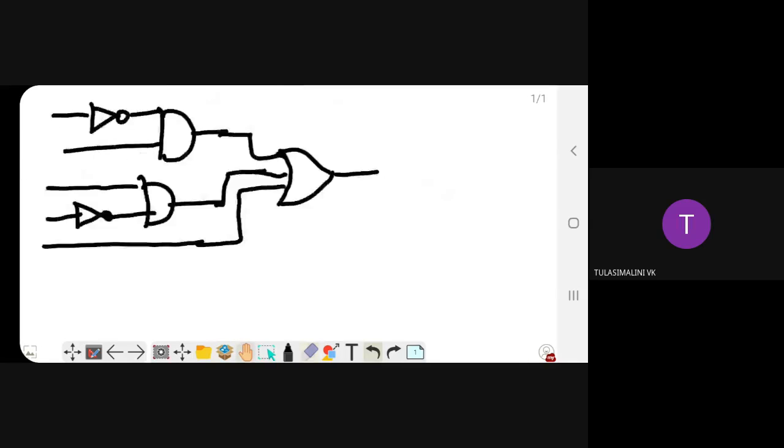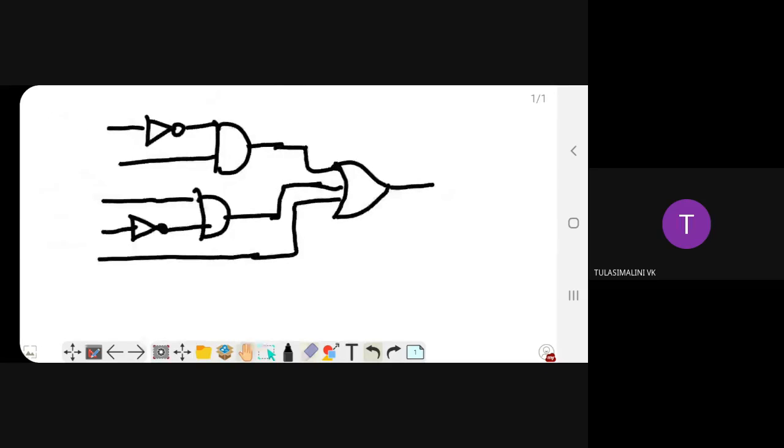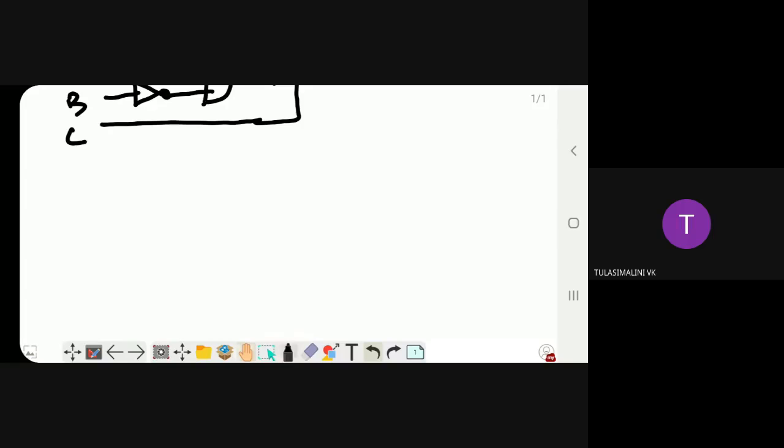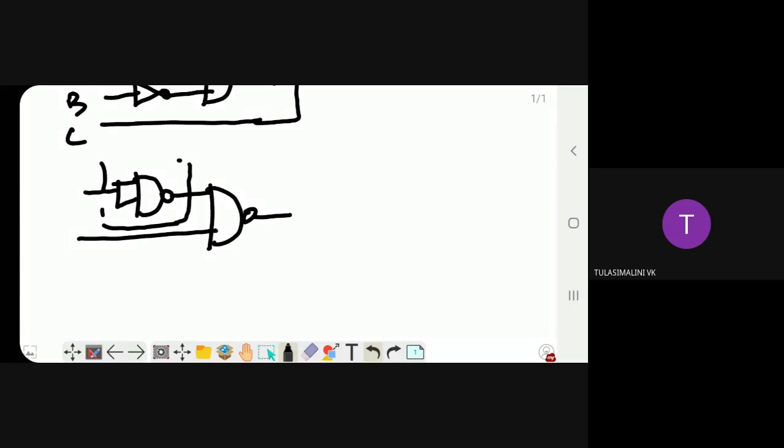Okay, so this is the diagram for the given expression A bar B, A B bar, C. Now we are going to draw the same by using NAND gate. So NAND gate, we have already known that. So this is the NOT gate implementation by using NAND gate, and this is the AND gate implementation by using NAND gate.